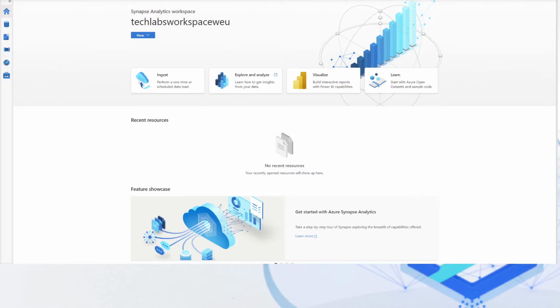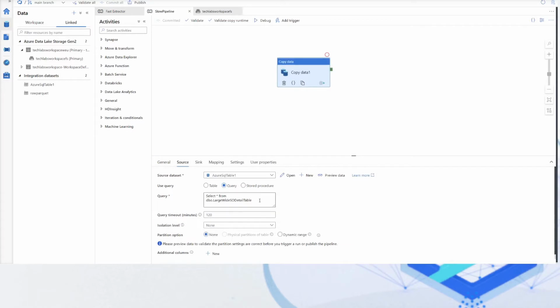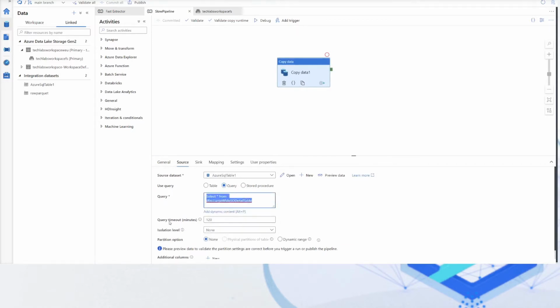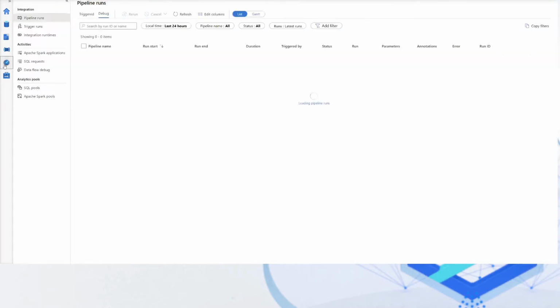Now, what we ultimately want is for that to be a lot faster. So I'll show you the pipelines and how it works. So here's your traditional copy pipeline. This is a very simple pipeline. I select everything from a table, a very large or wide table, and then I sink it into Parquet in the data lake. So if we go and look at the execution history of this pipeline,